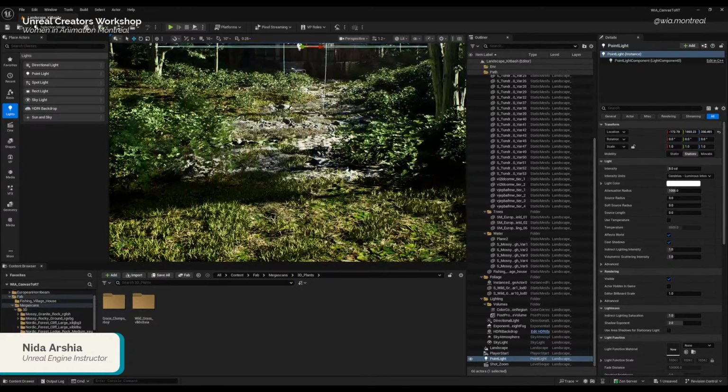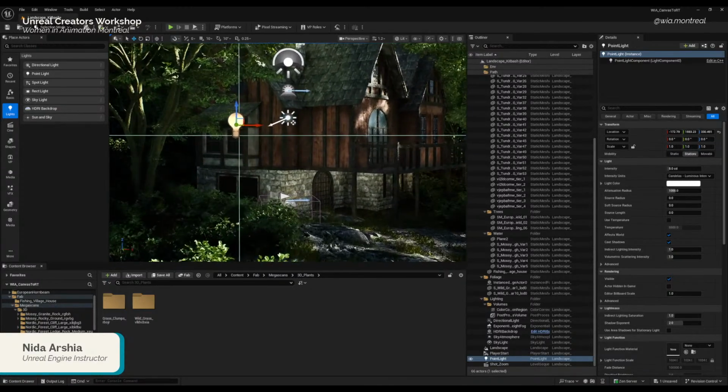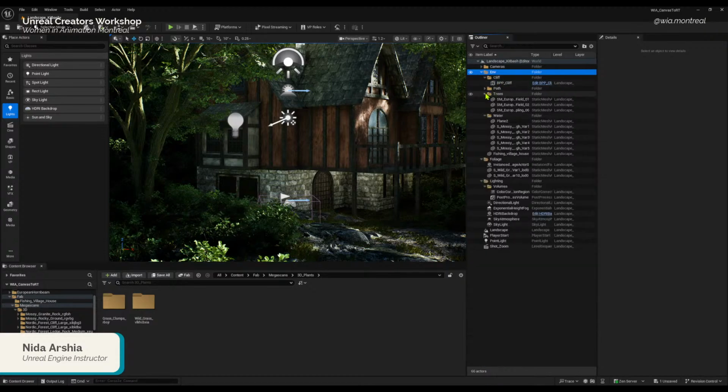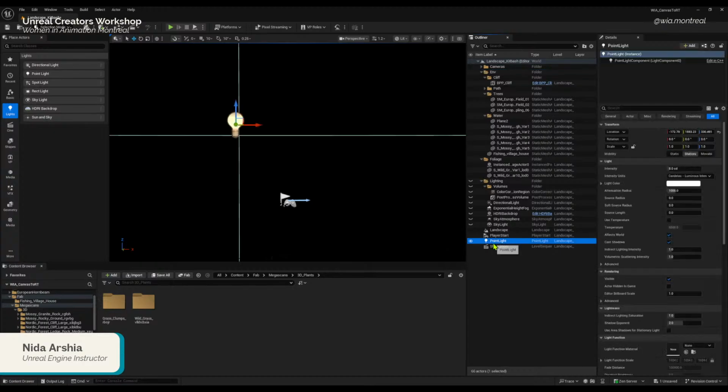Tomorrow we will be looking at lighting in detail, so I'm not going to spend much time on lighting, showing the different kinds of lights, because we have plenty of time for that. So I'm going to turn off the existing lights and just keep this one on. Here in the settings, we can increase the intensity. I'm just going to increase it to 1000.